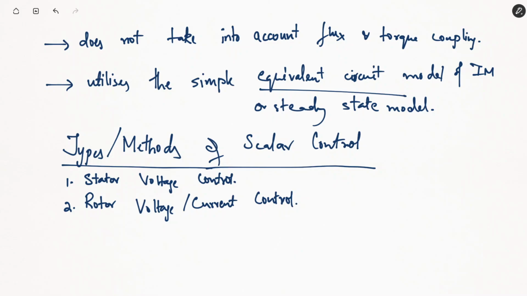Second one, the rotor voltage control. If we can decrease the induced voltage in the rotor of the induction motor, we can again control the speed of the induction motor. Or what we can do is simply increase the resistance. In case of a wound rotor induction motor, we can increase the rotor resistance such that the current changes, and